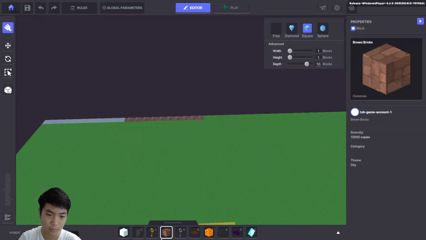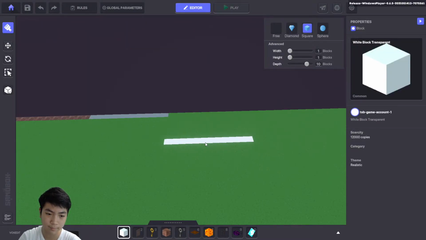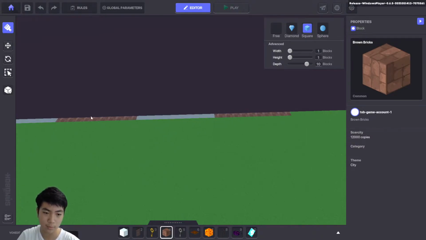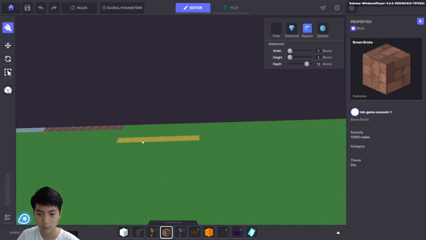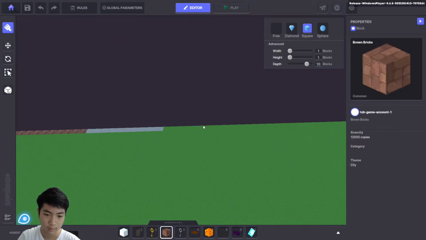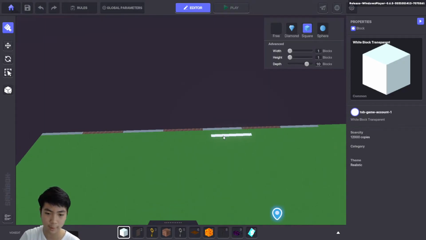Now we repeat this process like so. 1, 2, 3. Let me count. 1, 2, 3, 4, 5, 6, 7, 8. We repeat this 7 times. So 1, 2, 3, 4, and then keep on switching. 5, 6, 7. There. Once we have all 7 that we're going to use, click on free again right here,